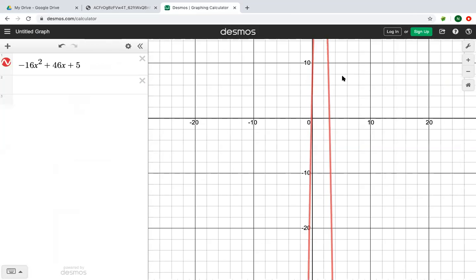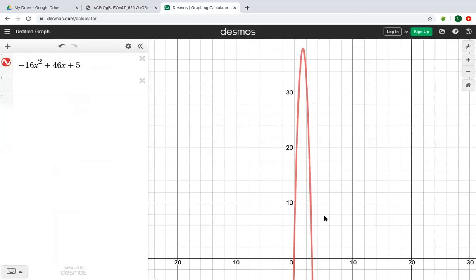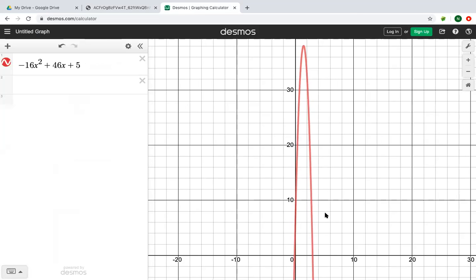Okay, so here is what this graph looks like. The maximum height is wherever it's the tallest, right? So we're actually looking for this point up here at the top. And so you're using, Leonard, I'm sorry, I don't know your calculator well enough, but you're looking for the maximum. So in the TI-84,